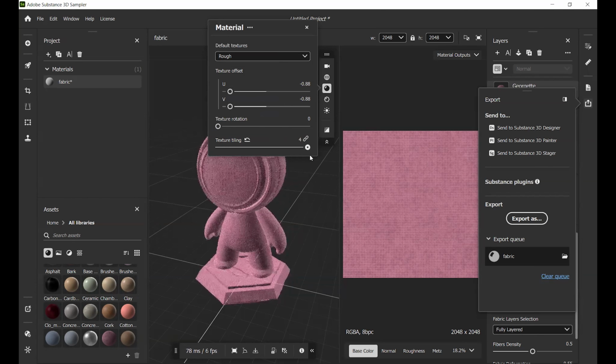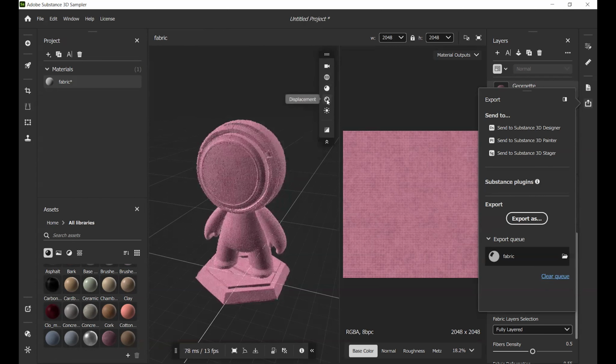Now you can see it's reducing the texture. We can rotate, we can offset. Okay? So definitely we can use these for different materials.